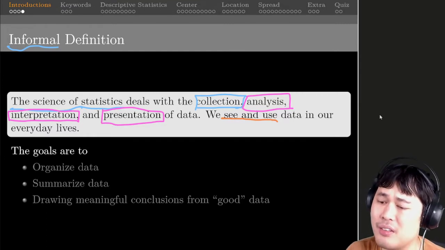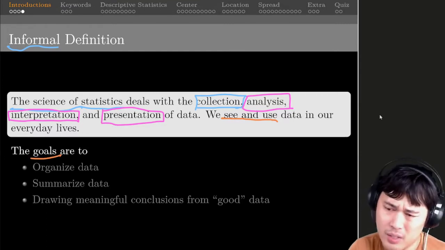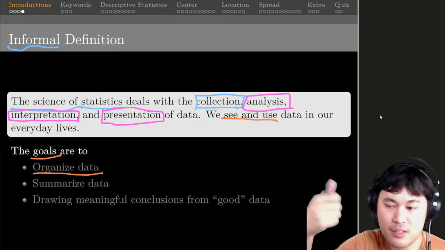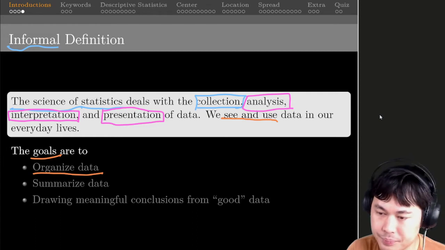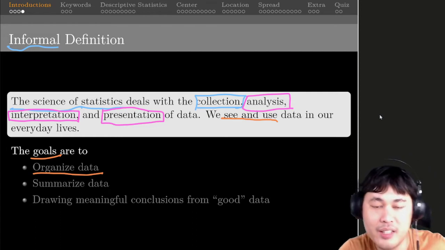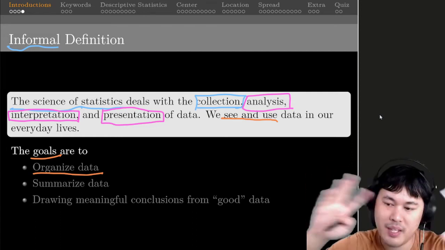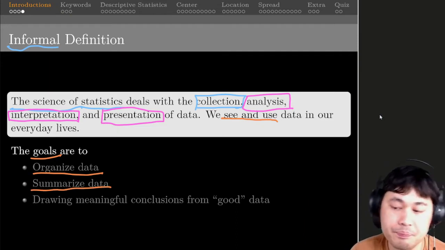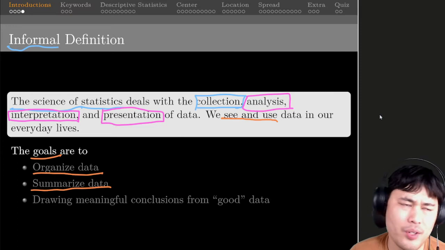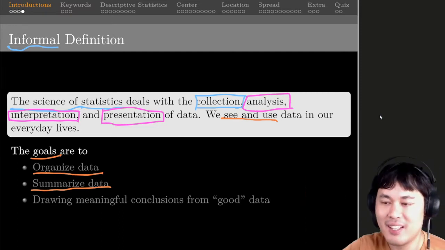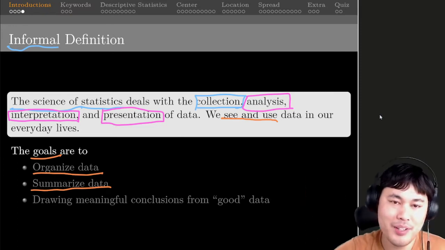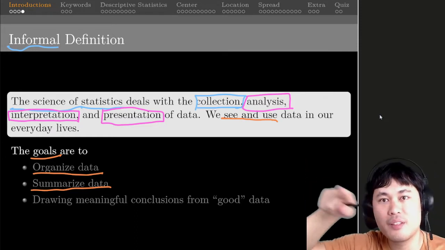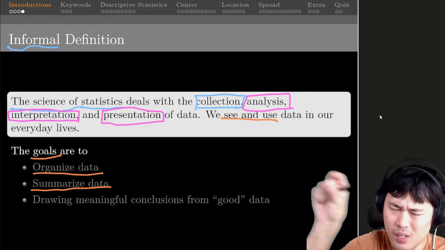And the goals of statistics are to organize data, which is what we just saw above. Get everything into nice graphs and charts, and then summarize them. Maybe you don't need to know every single point of data. If you ask 1,000 people, you don't need to see the table of all those 1,000 data points,